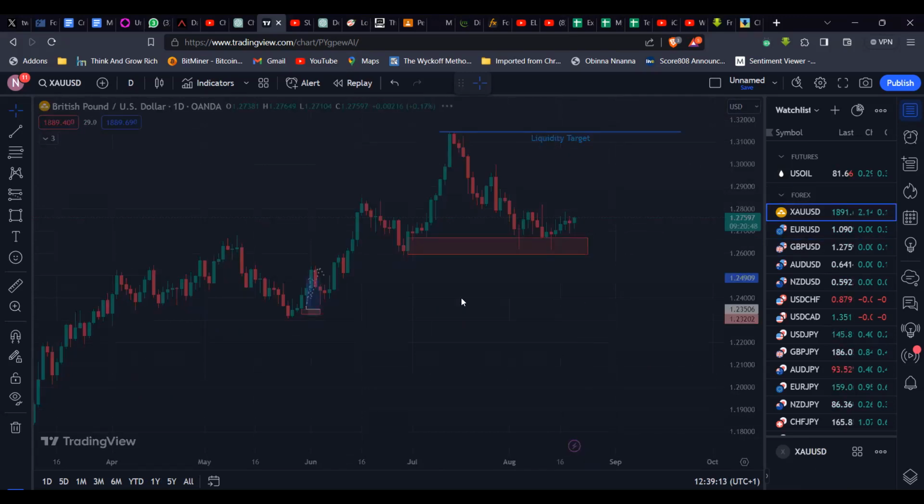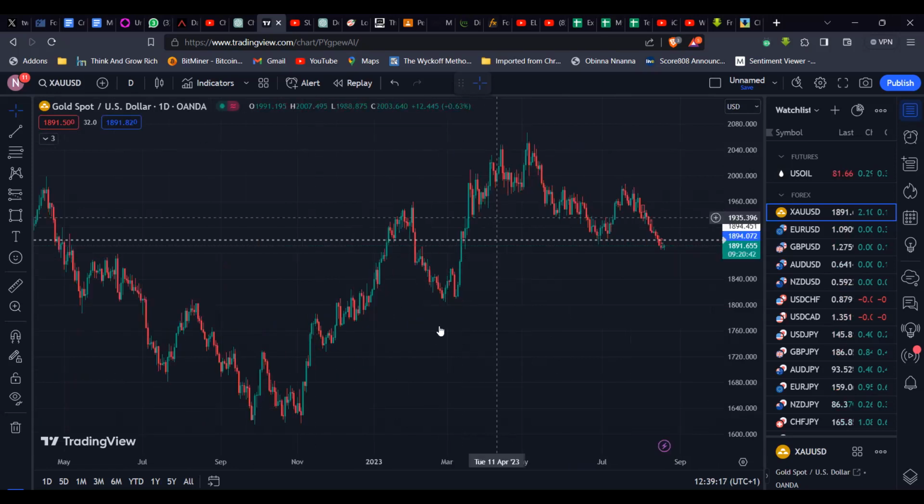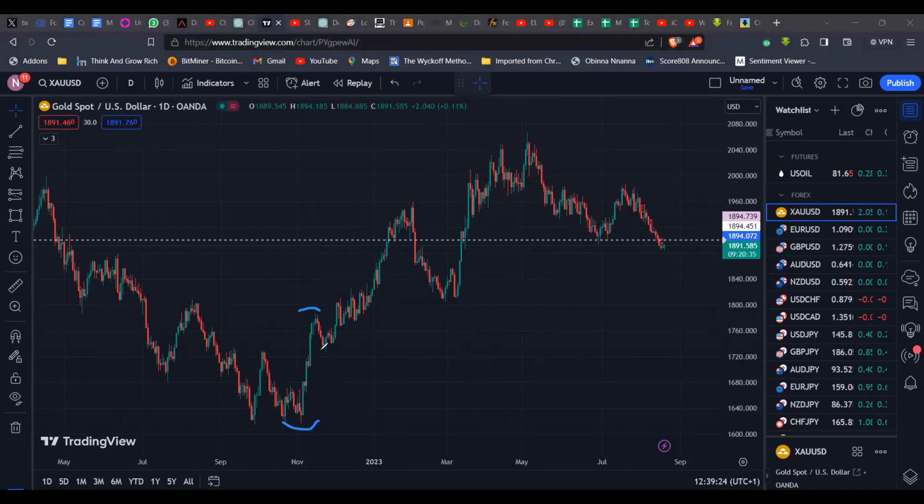So gold is a little bit different. You see this like this. You see the daily time frame bullish markets. So let's draw out the levels. We have our low to our high, to our higher low, to our higher high, to our higher low, to our higher high. Ideally, as long as price does not close below this area here, which is very, very far away, you'll see this structure more on the weekly time frame. As long as price does not close below here, we're expecting price to go up.